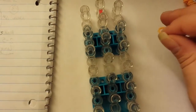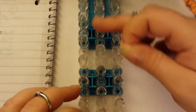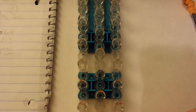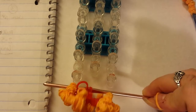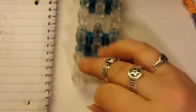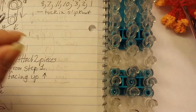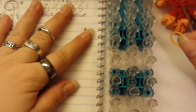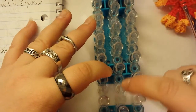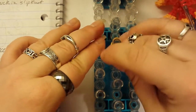Oh, and one other note too, just as I realized, we actually want to build it from the bottom up. This way we can connect the big piece of the snowflake down here at the bottom, and we don't need to worry about it getting in the way of anything. So we'll determine how many we need to do. Like I was saying, since I have 4, I need 5 plus the top 2 for the end, so that's going to be 7. So I need to go up 1, 2, 3, 4, 5, 6, 7. This is where I will start